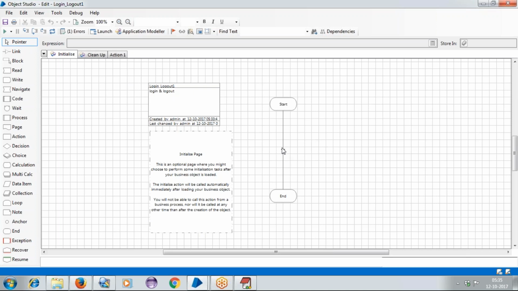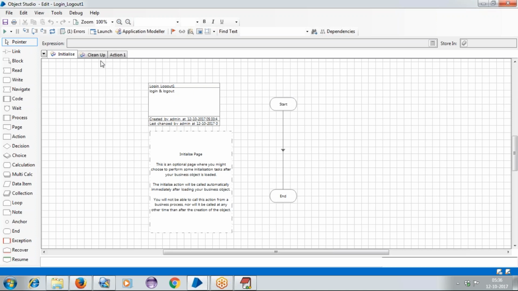How can we understand it? The purpose of the initialize page is that we can understand it as a starting point. To execute any object, we need to know what exactly the starting point is. So Blue Prism will start from here only.